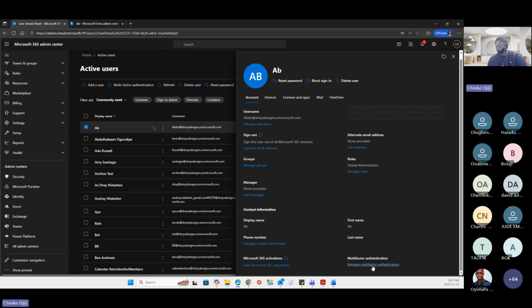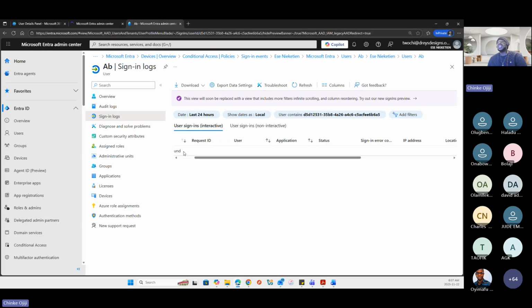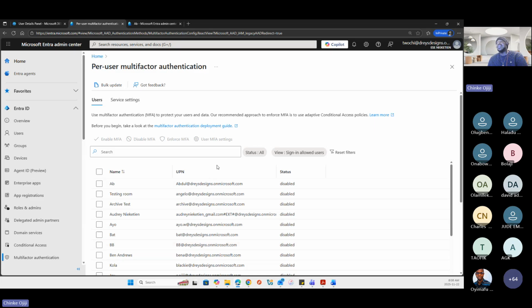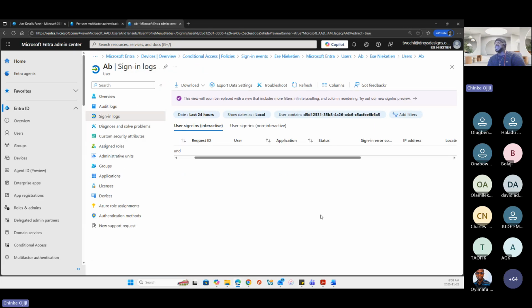You can also confirm that multi-factor authentication is enabled from here, and check if your security defaults are turned on to ensure that the user is well protected after that kind of breach. Now, to take it a notch further, with the information you get from here, you have the IP address of the illegal sign-in. You can take that IP address and proceed to block it.